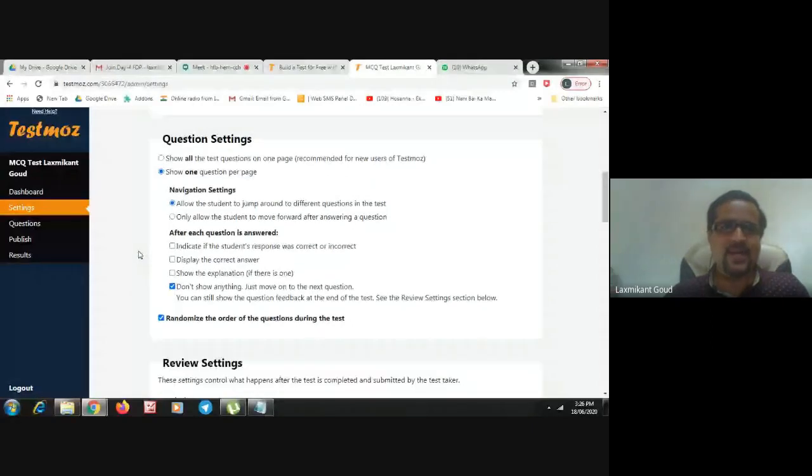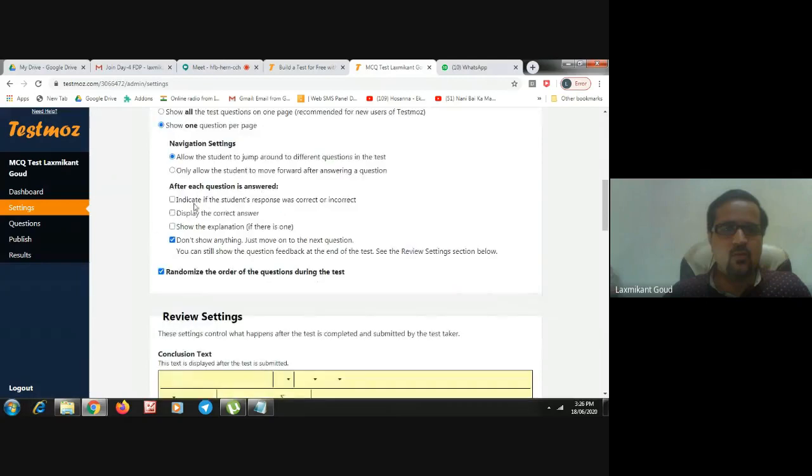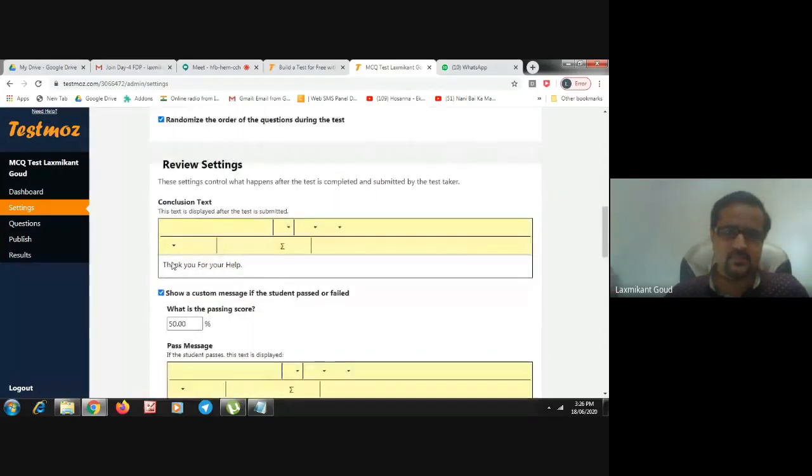Then navigation settings allow the students to jump from one question to another question, or just move forward, one question by one. Whether the student's response is correct or incorrect, display the correct answer, display the explanation, or don't show anything.